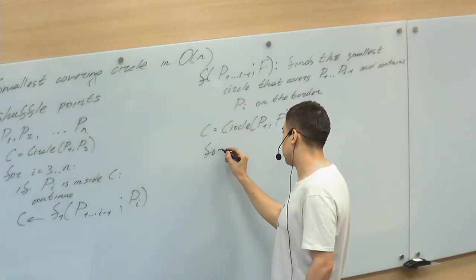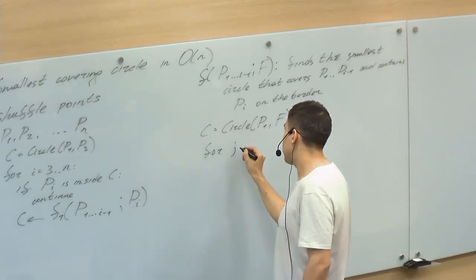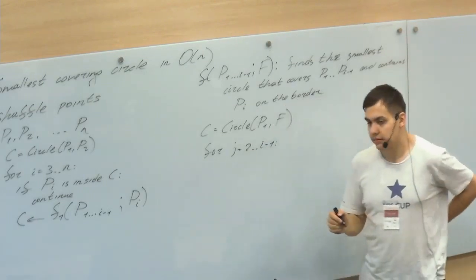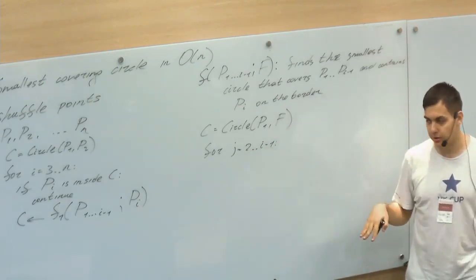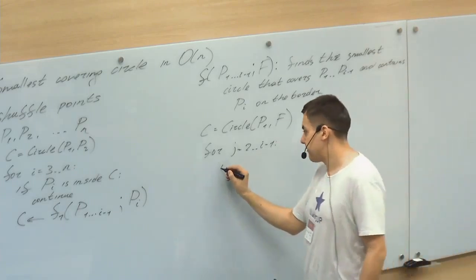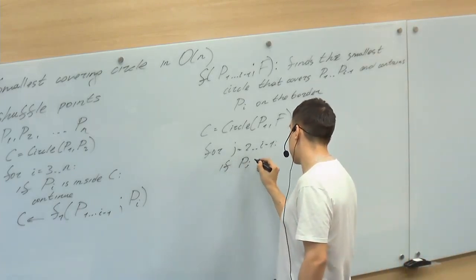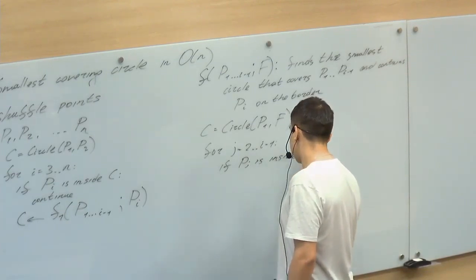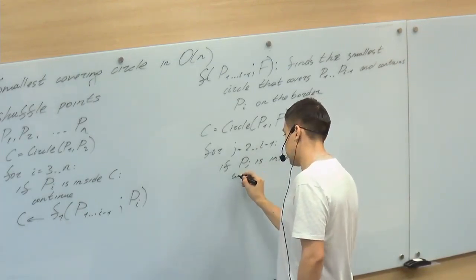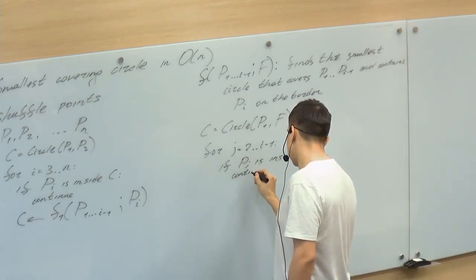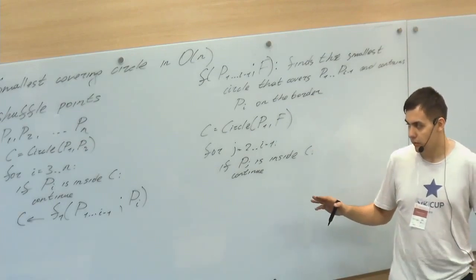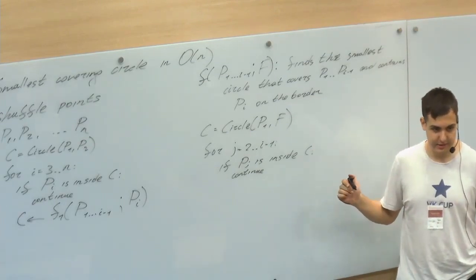Then we try all possible points j from 2 to i minus 1, and we check whether Pj is inside. If it is, we don't do anything. And if it's not, well,